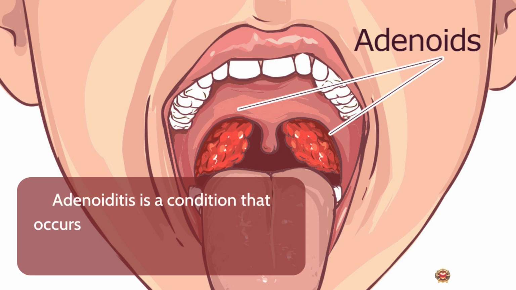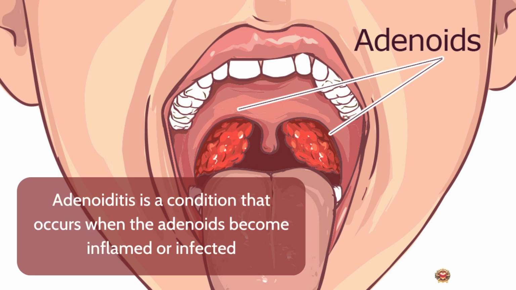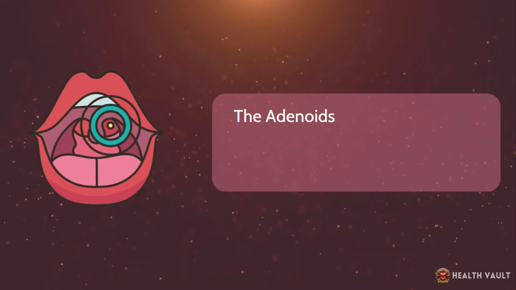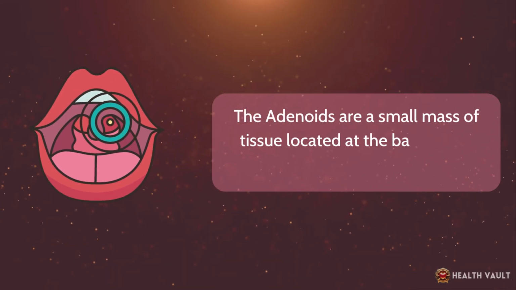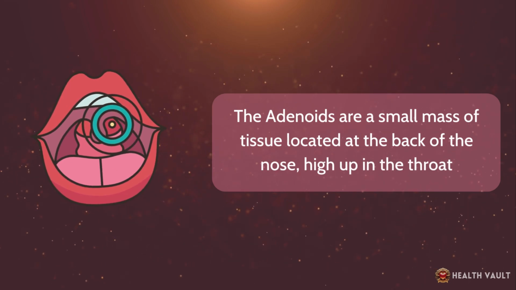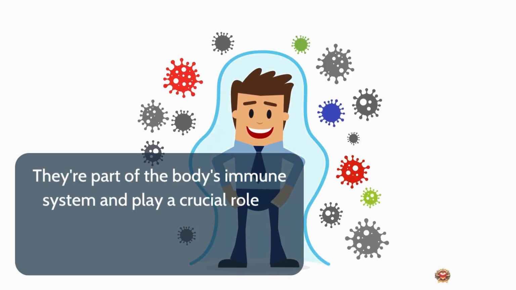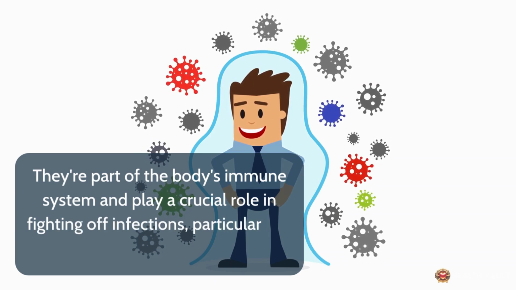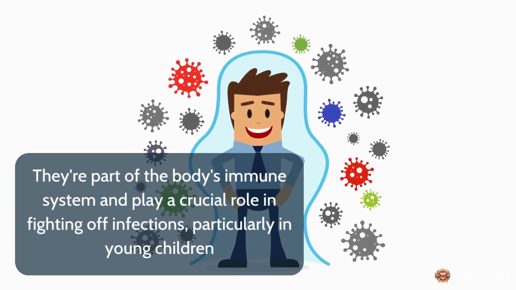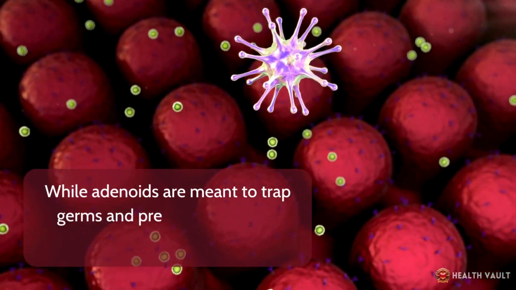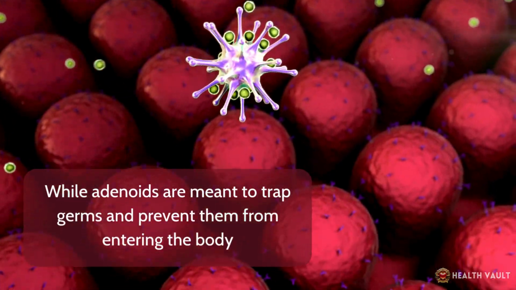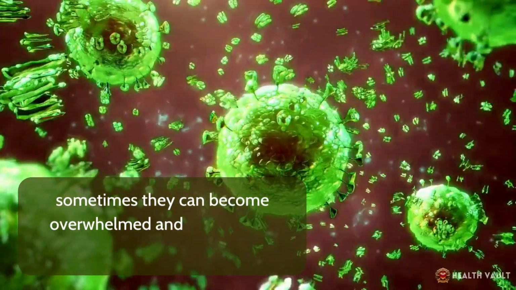Adenoiditis is a condition that occurs when the adenoids become inflamed or infected. The adenoids are a small mass of tissue located at the back of the nose, high up in the throat. They're part of the body's immune system and play a crucial role in fighting off infections, particularly in young children. While adenoids are meant to trap germs and prevent them from entering the body, sometimes they can become overwhelmed and